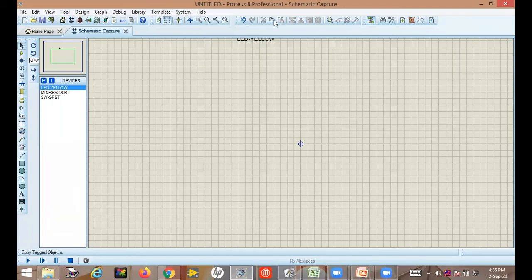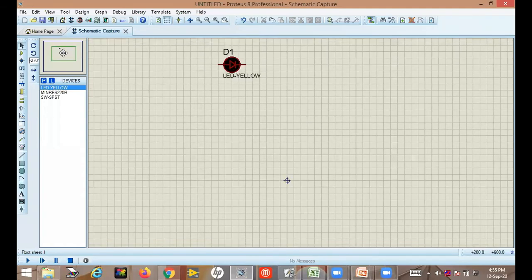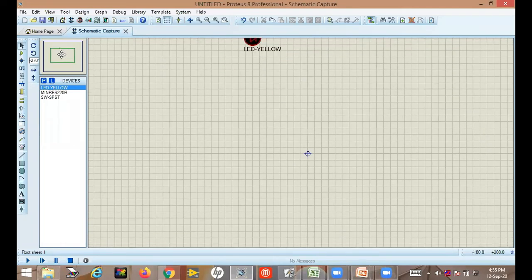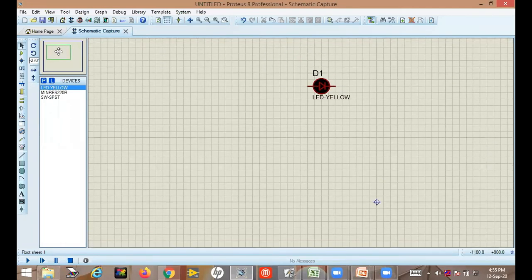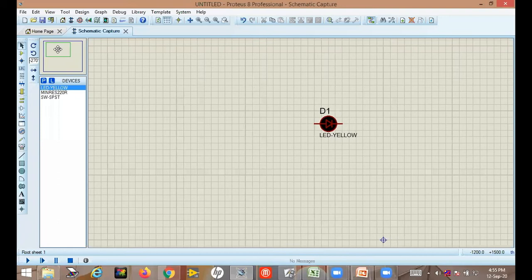So to adjust the screen, what you have to do, this is the screen actually. To adjust your screen, just click on the screen. I will click on the screen, and after that I will move my mouse. The screen will be locked once you click on it. Then it will move along with your mouse. After getting the right position where you want, just click again on the same screen. Just click here again, then it will be released.